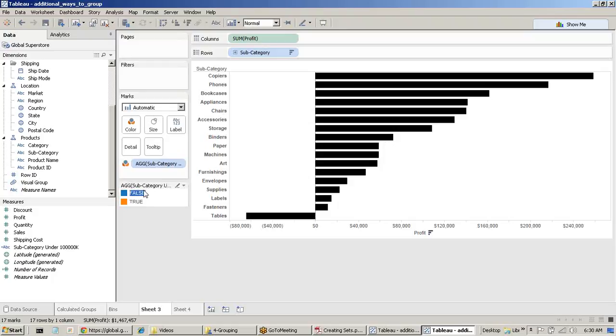So here I was expecting them to color. All the false ones should be the blue one and all the true ones should be the red one, but it's showing them all black. So in a sense it's working, in a sense it's not working. Just to verify whether it's working or not, what we can do is